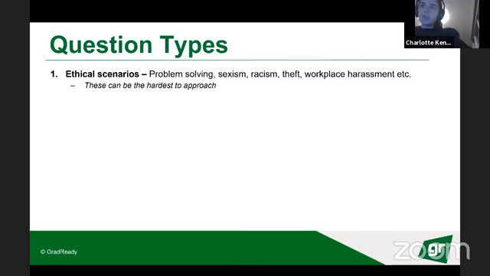And you have to talk through that and be like, well, if this happened, I would consider doing this. But if we think about the perspective of person A, maybe this would be better. And through the response, you rationalize a plan of action that shows you can consider ethical constraints and also the needs of other people.